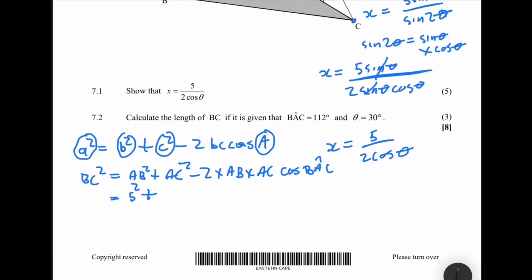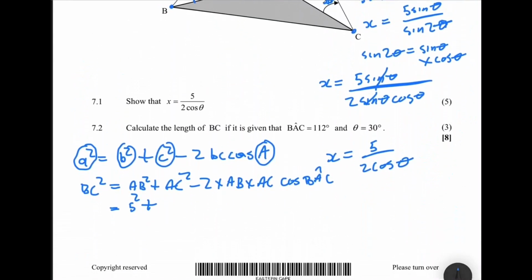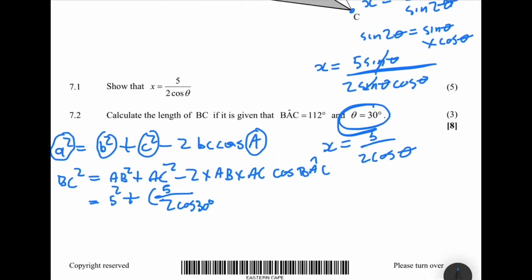AC is x, right? And we know what x is equal to. So here we're going to have 5 divided by 2 cos of theta. But we are given theta, it is said to be 30 degrees. So we can substitute 30 degrees here. And then